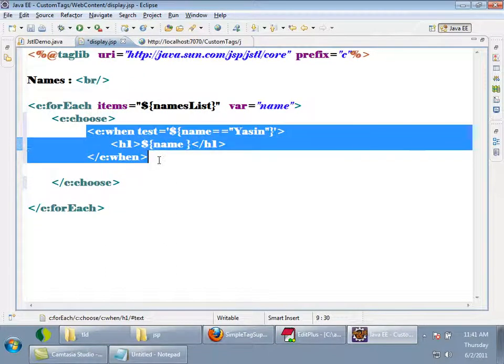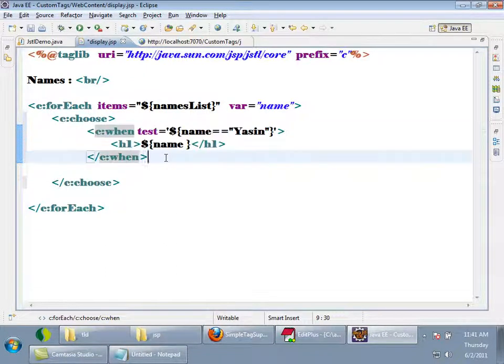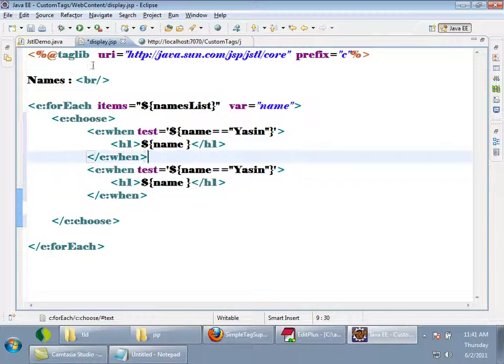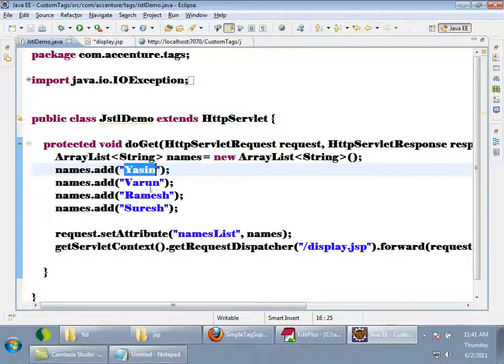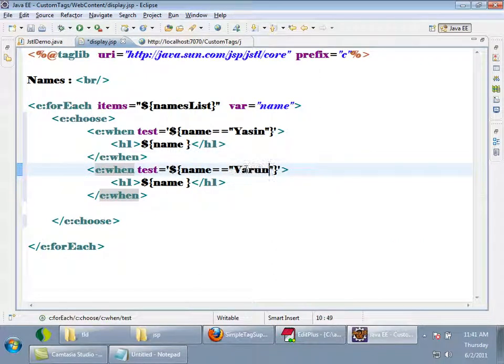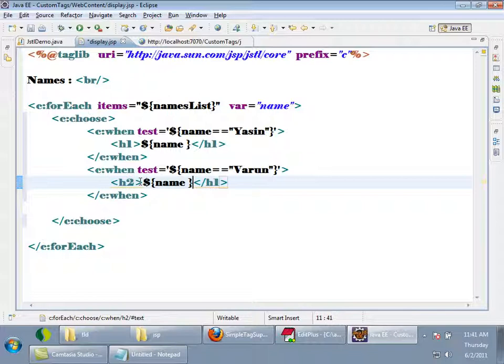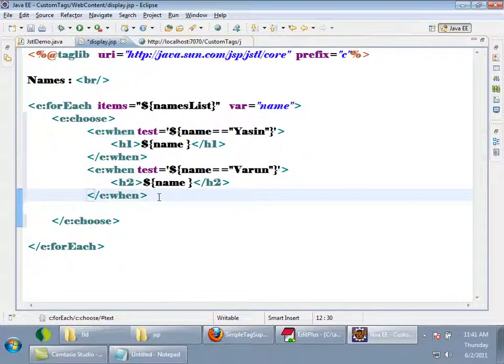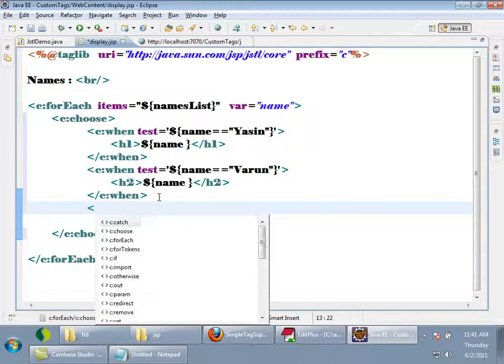And another one, just like another case, when name is equals to Varun, I want to print in H2. In all other cases, like default in switch case, if none of these are matching, I want to execute c:otherwise.